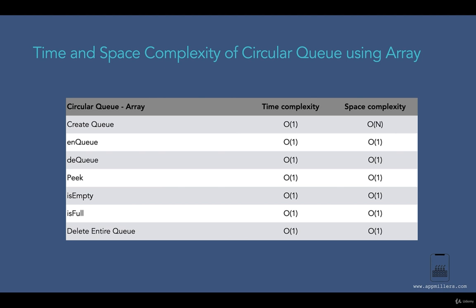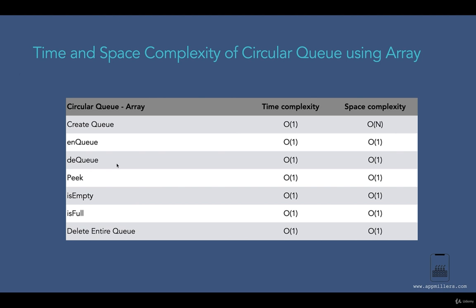Now the next method is the enqueue method. When we are enqueuing an element to the circular queue in case of an array, we are inserting an element at the end of the queue. We know that when we are declaring an array, we have set the top of queue. So based on the top of queue variable, we can easily identify the end of queue. That's why here we are just updating that value in the cell. Updating a value of a cell in the array takes O(1) time complexity. So inserting an element at the end of the queue in case of an array will take O(1) time complexity. As I mentioned, in this case we are updating a cell in the array, so this will take O(1) space complexity.